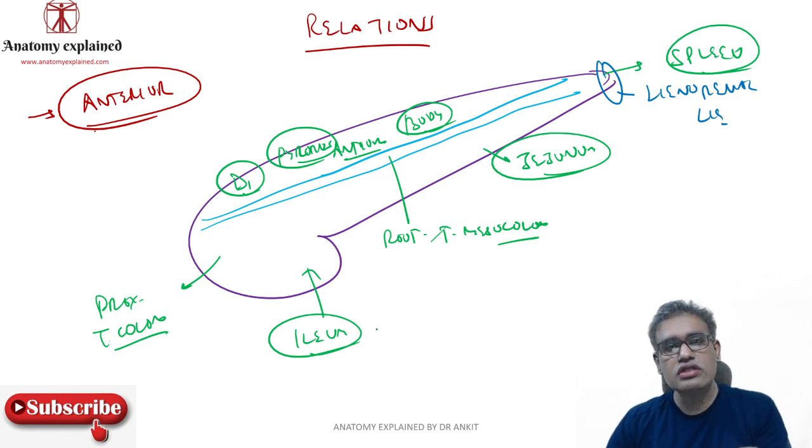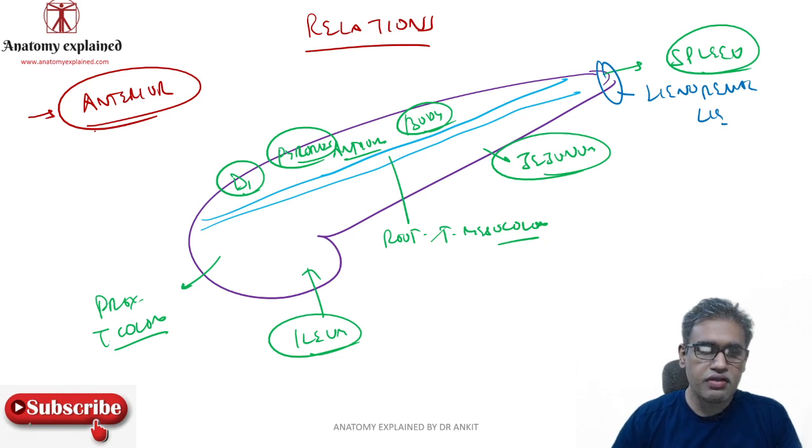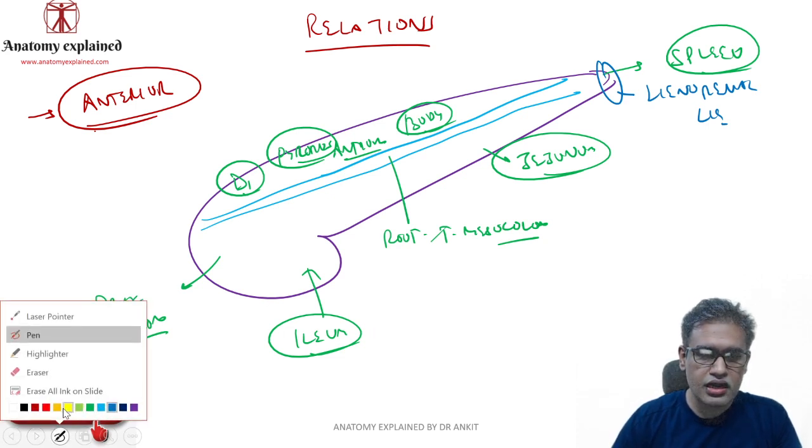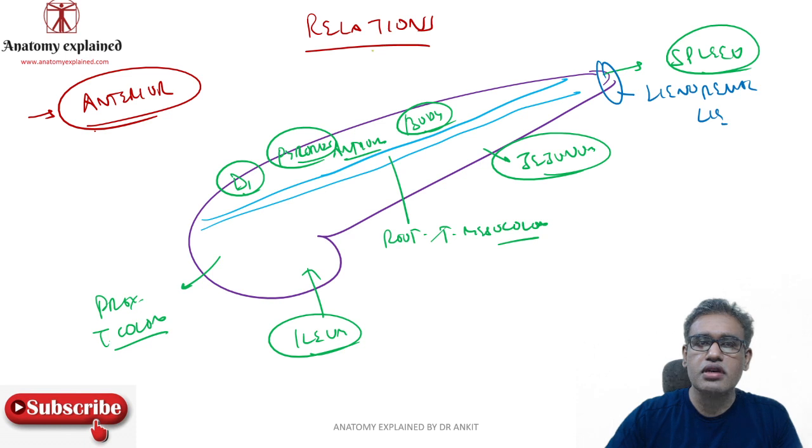All these organs which you have seen over here, they are all intraperitoneal organs. If I try to make the stomach part over here, then this would be the lesser curvature, and that would be the greater curvature which is going around over here. So that forms the body, antrum, and that forms the pylorus part. This is your first part of duodenum.